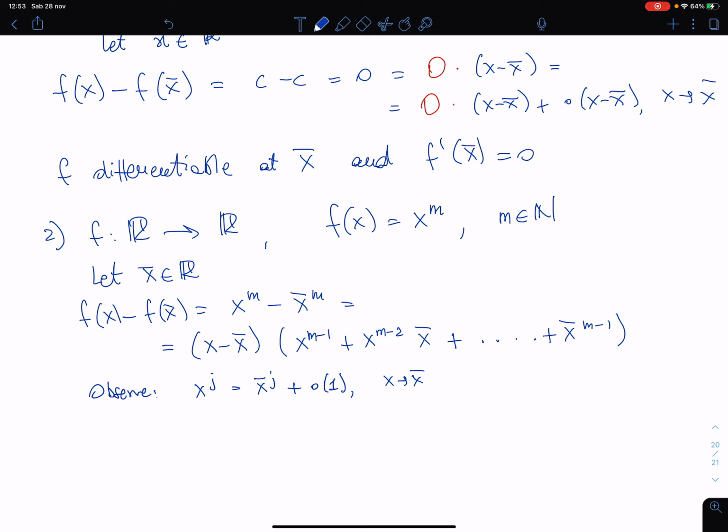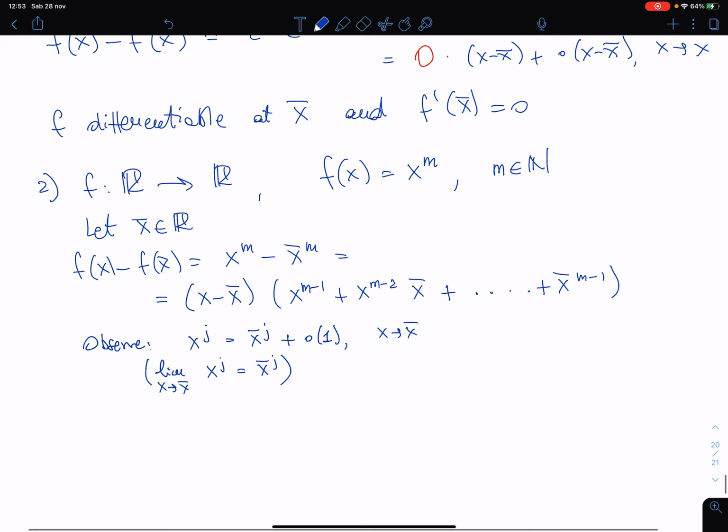Now you should be used to this sort of writing, but if it still sounds exotic to you, just consider that this means that the limit for x going to x bar of x to the jth power is equal to x bar to the jth power. Then